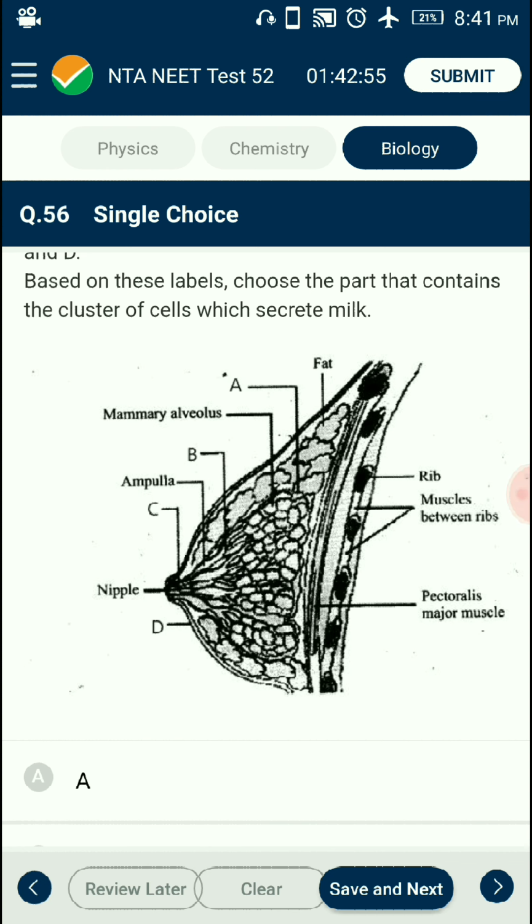The mammary glands are paired structures, generally called breasts, that contain glandular tissues and a variable amount of fat. The glandular tissue of each breast is divided into 15 to 20 mammary lobes containing clusters of cells called alveoli. The cells of alveoli secrete milk, which is stored in the cavities, generally called lumens of alveoli. The alveoli open into mammary tubules. The tubules of each lobe join to form a mammary duct. Several mammary ducts join to form a wider mammary ampulla, which is connected to the lactiferous duct through which milk is sucked out. So the answer for this question is option E. That is correctly labeled.